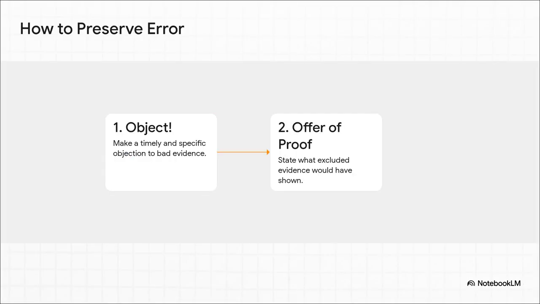So how do you protect that precious prejudicial error? Rule 103 boils it down to two things you absolutely must do. These are non-negotiable. First, when the other side tries to introduce some piece of bad evidence, you have to object. And you got to do it right then and there. And you have to say exactly why it's wrong. Second, if the judge blocks your evidence, you have to make what's called an offer of proof. All that means is you have to tell the judge, for the record, what that witness was going to say or what that document was going to show. If you don't do these two simple things, your appeal is pretty much dead on arrival.